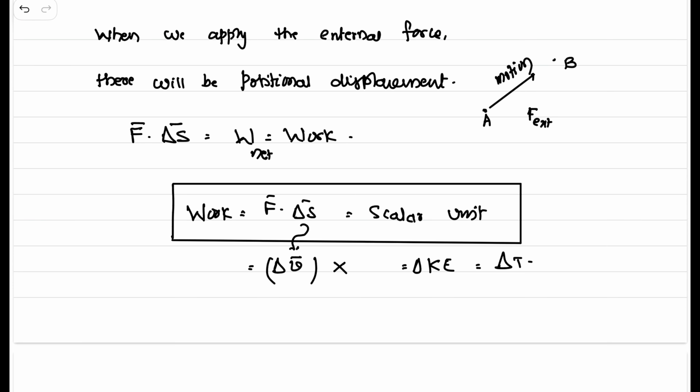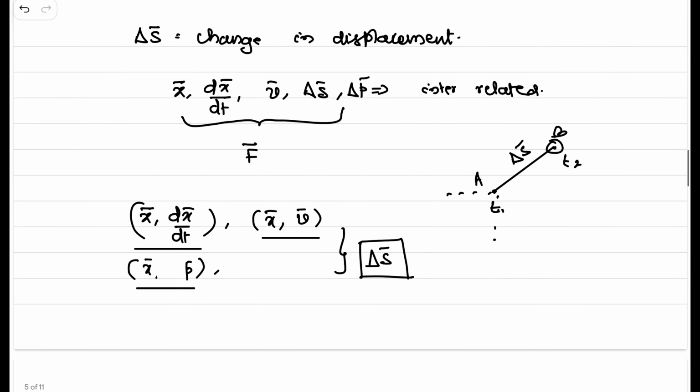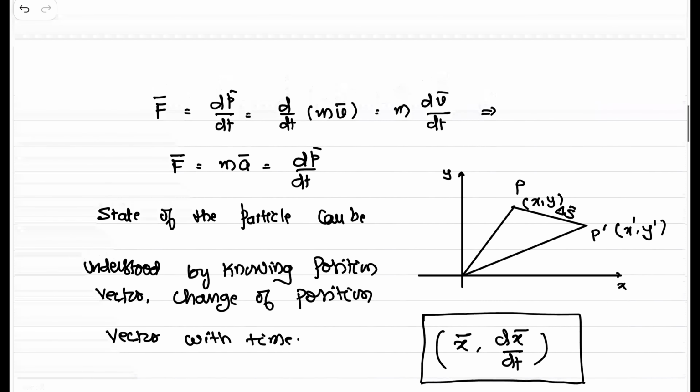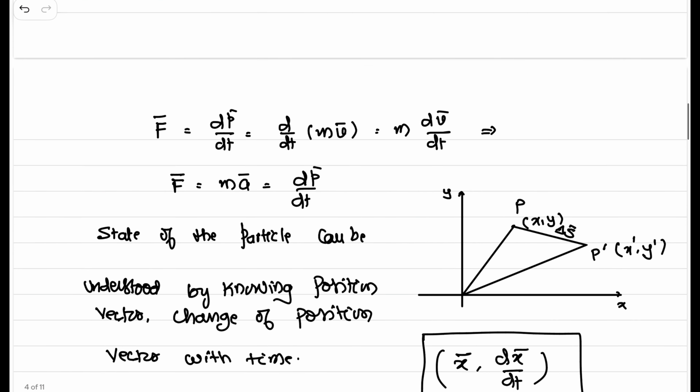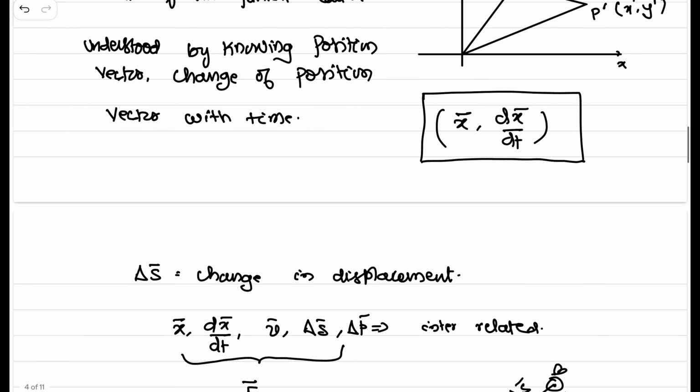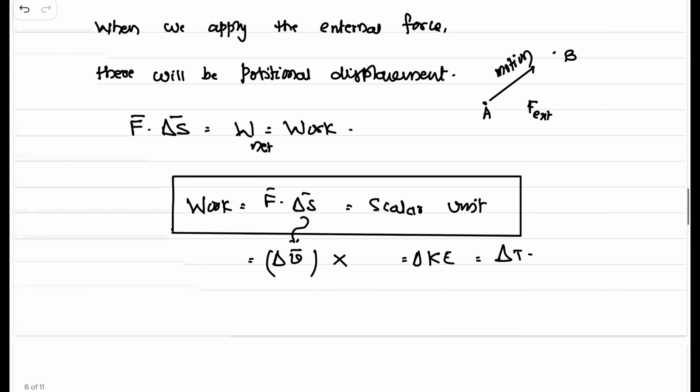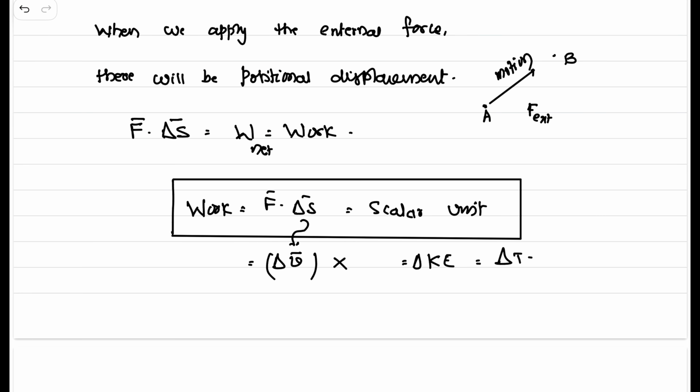F bar, that is force, is directly connected to velocity or rate of change of position vector, because as per Newtonian mechanics, force is equal to rate of change of momentum, that is dp by dt, whereas momentum is the product of mass into velocity. Hence, the rate of change of displacement is directly connected to velocity, that is, force is directly connected to velocity,